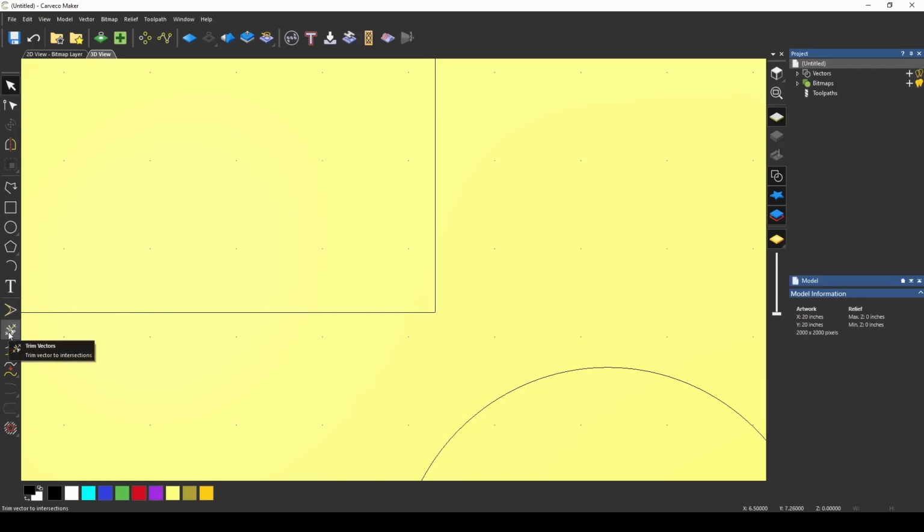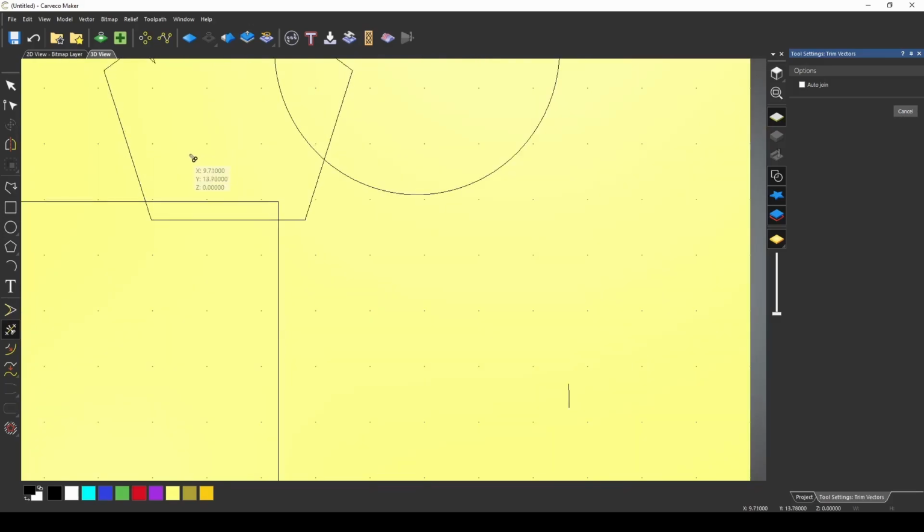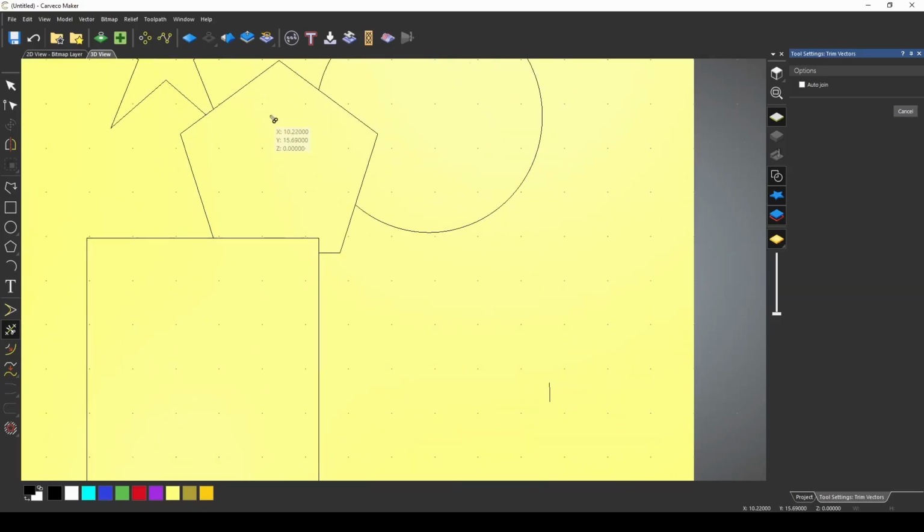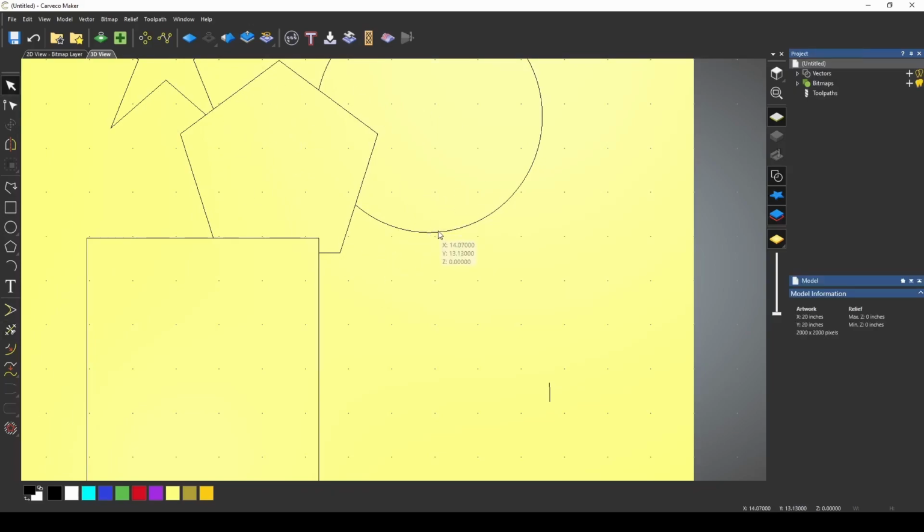Moving down, we have our trim vectors tool. This will allow you to trim a vector, and it automatically tries to trim inside of whatever you're selecting. So if I were to trim here, it would try and take what was inside that polygon. If I were to trim this one, it would take the polygon off of this one. This is a very useful tool when you have overlapping vectors and you want to clean those up. Uncheck that, and let's uncheck that there, and we'll unclip that there. See, we've already made us a little design where all of these touch. These are all individual. They're not connected.